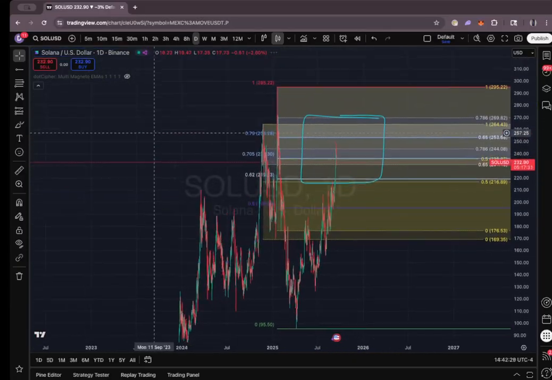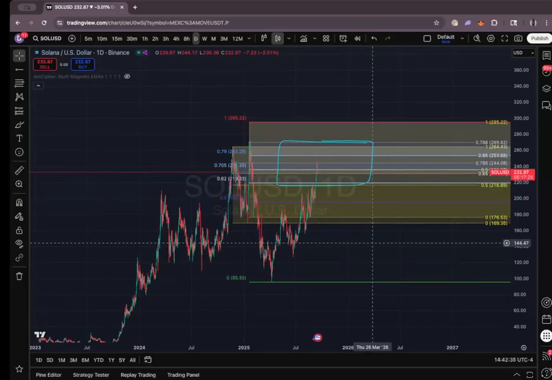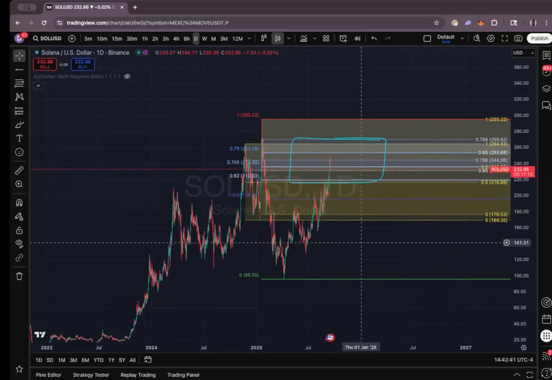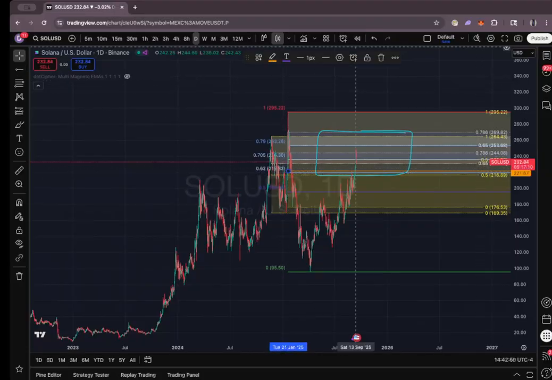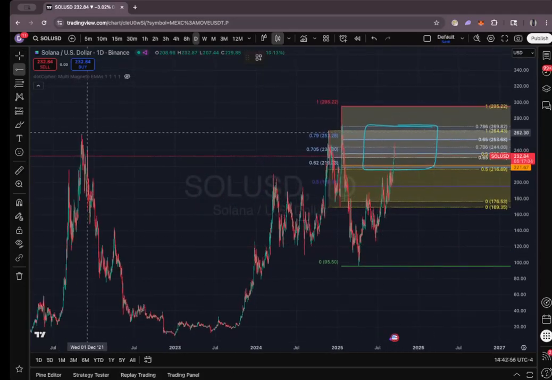This means we are in the premium. Premium, guys. Premium means it's marked up. Price is marked up. Discount is when you buy. Premium is when you sell. It's not a hard concept, right? You sell when it's premium. You buy when it's discount. So market dynamics here, we get a weekly close underneath 220, tracking this as well, basically yellow. Underneath 220, we're in danger zone on Sol. Danger, danger.